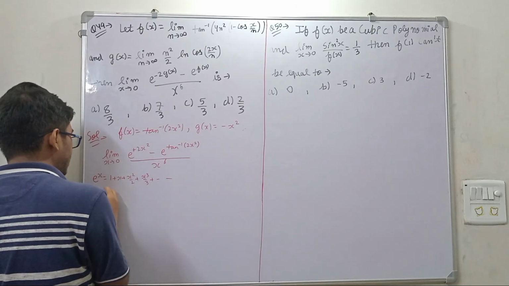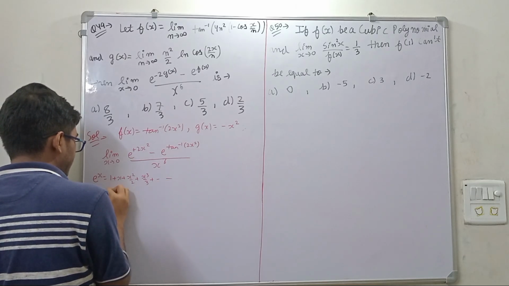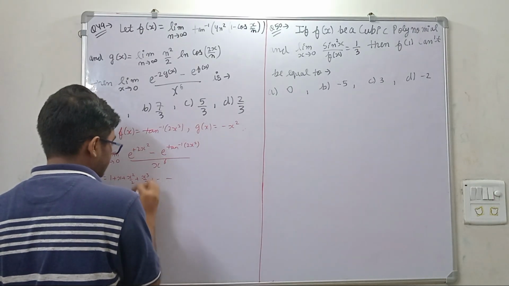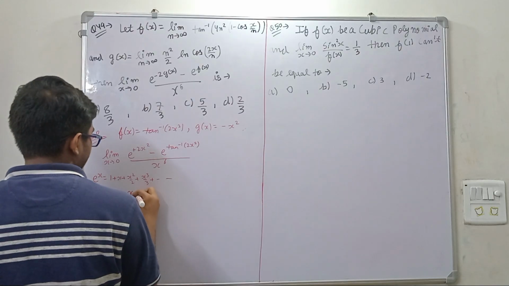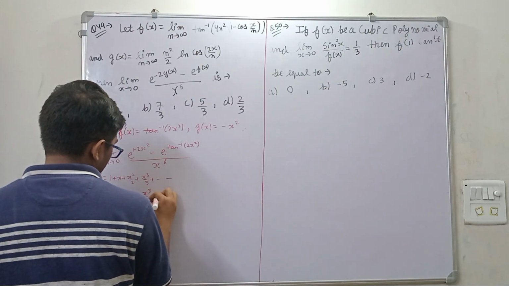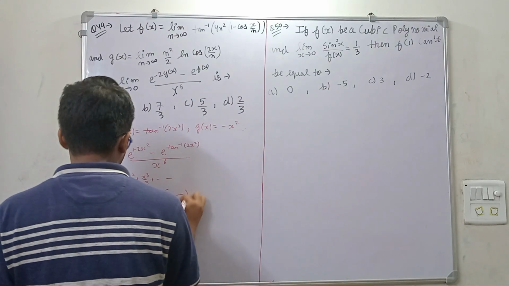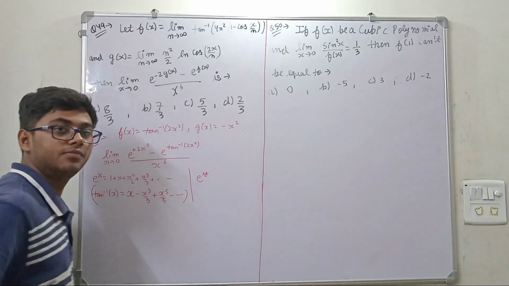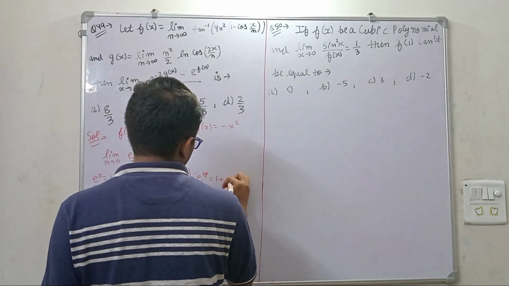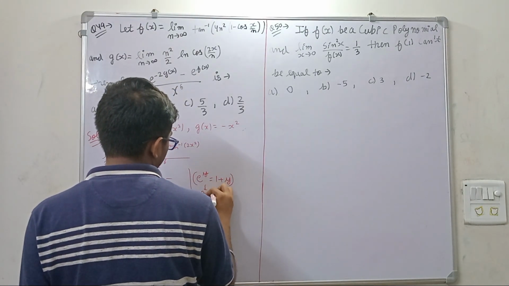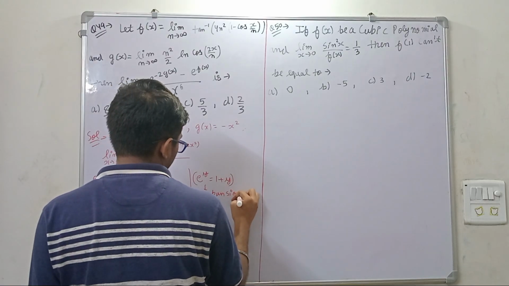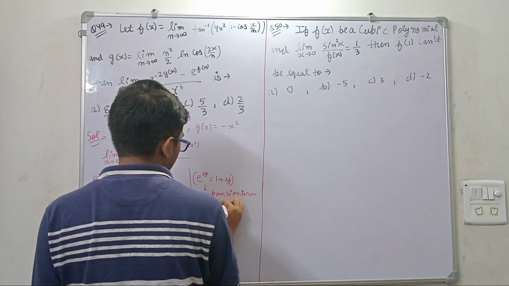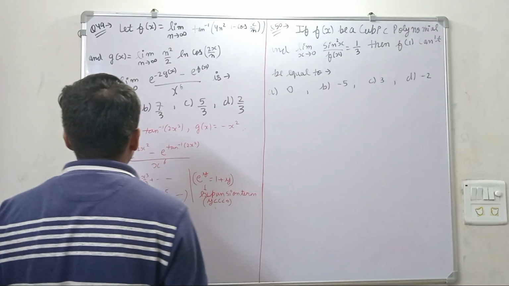And you know the expansion of tan inverse x. What is it? It is x minus x cube by 3 plus x to the power 5 by 5 and so on. Okay. Now you know one more property, e to the power y can be written as 1 plus y in the expansion terms, when y is very much less than 1. Okay, so applying here, this will be e.